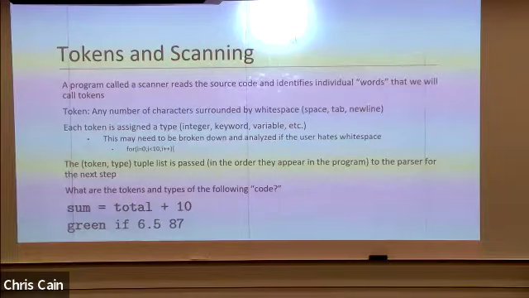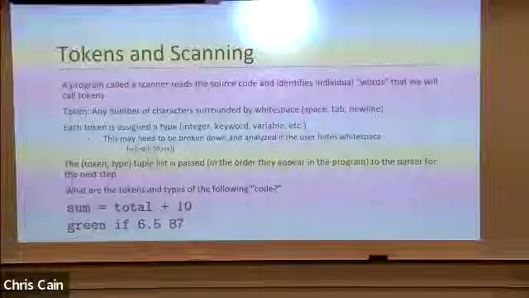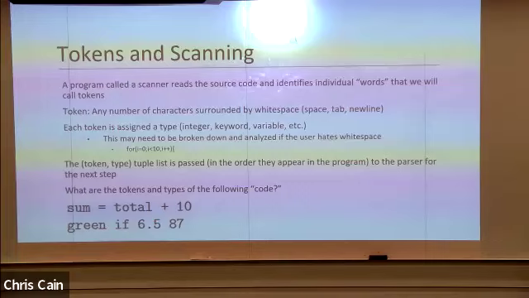Great. We have the equals. That is a mathematical operator, or the assignment operator. We'll go with that. So we could assign this to be the assignment operator. Then total is another variable. Plus is a math operator. And 10 is an integer constant. So we would split this line down into those associated token and type, that token type pair, and then we would ship them off. That says we've identified which types each of these tokens are.